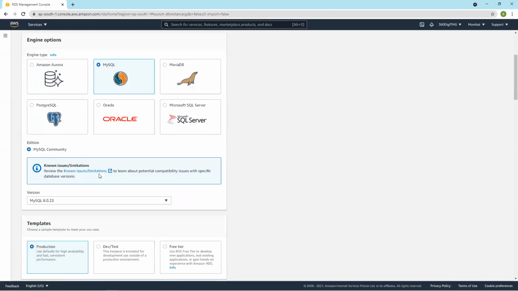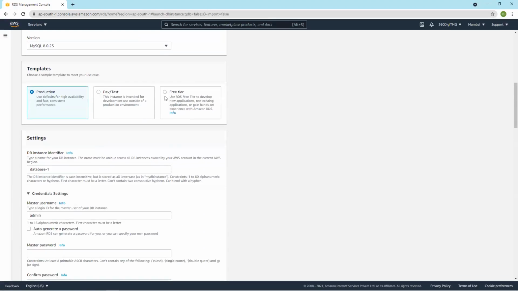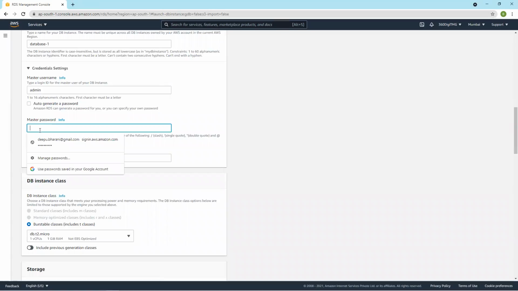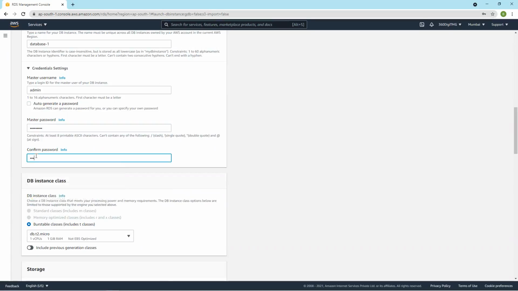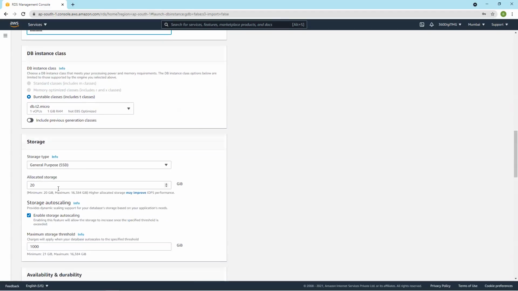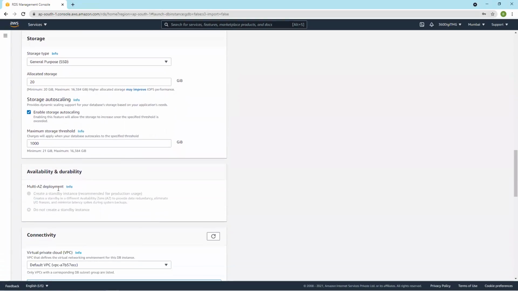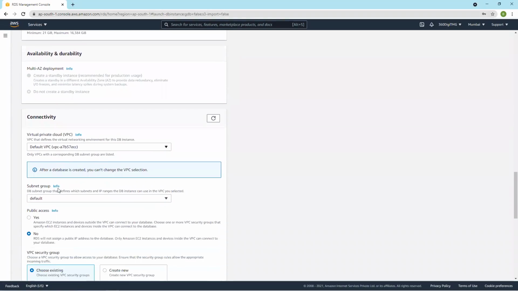MySQL we know, and then free tier. Subnet group default.